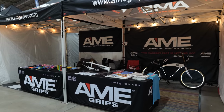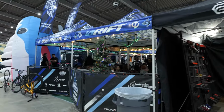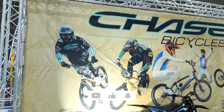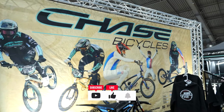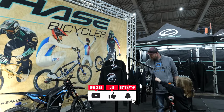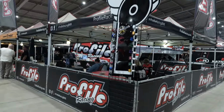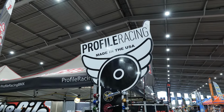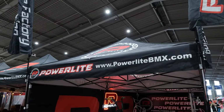Vendors Row at the USA BMX Grand Nationals has grown to become the largest BMX bike show in the country. It now fills the entire Tulsa Expo Square Arena. There were so many excellent BMX companies with products on display. Our time was limited, so if we missed out on talking with you, we'll make a point of catching up